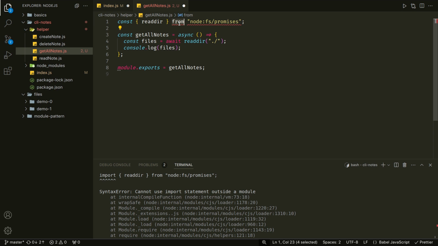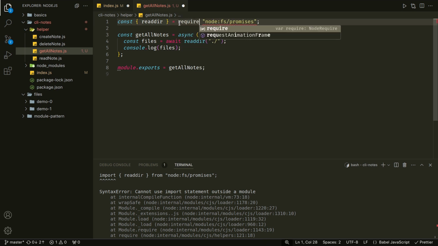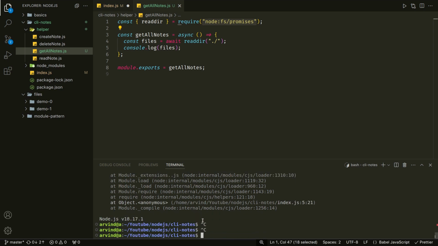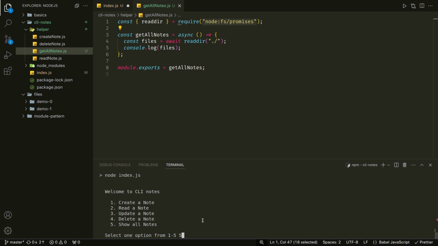Instead of using this from, we'll use require, and let's wrap this inside parenthesis, and I think it should work now. So let's check whether it works or not, and let's press 5, and it is showing me all the files, this helper index.js, node modules,